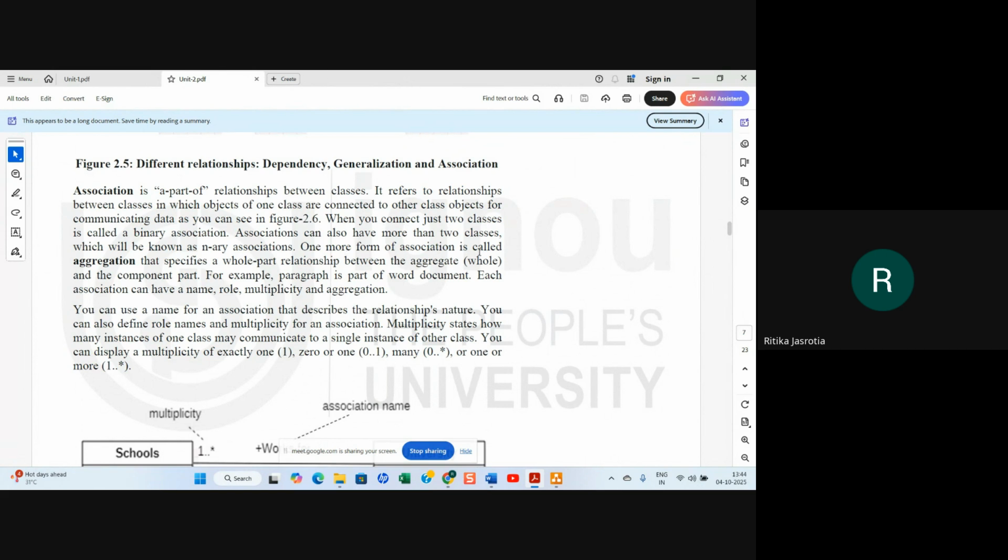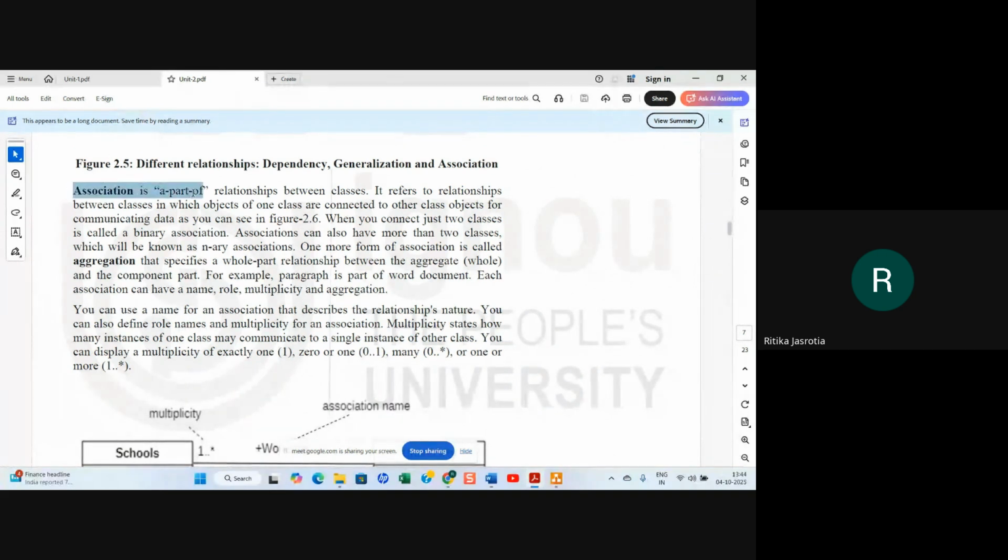One more form of association is aggregation, that specifies a whole-part relationship between the aggregate, whole and part component. For example, paragraph is part of Word document. So each association can have a name, role, multiplicity, and aggregation.